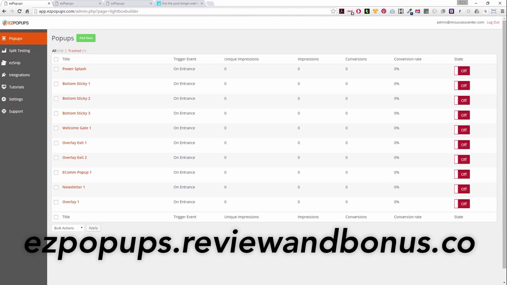And we all know that the money is in the list, and the money is in a really engaged list. This is hyper engagement to the nth level, and that's why we built this. I needed this for my business. So what we're going to do first of all is just show you an overview of the desktop. You can see I've created some different versions of some lead generation